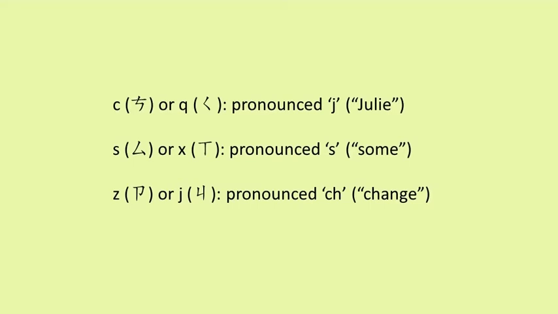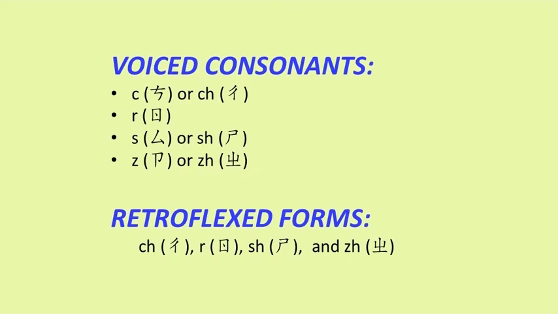This form of separation of alphabets J, Q, and X from alphabets Z, C, and S was brought forward from its predecessor spelling system, Zhuyin Fuhao. Please refer to my video, A Brief History of Pinyin in this channel on Zhuyin Fuhao. C corresponds to C, Q corresponds to Qi, S corresponds to S, X corresponds to C, Z corresponds to Z, J corresponds to Ji. In Zhuyin Fuhao, alphabets C, S, and Z are said to be voiced consonants, by means